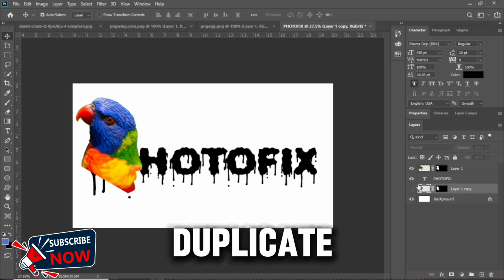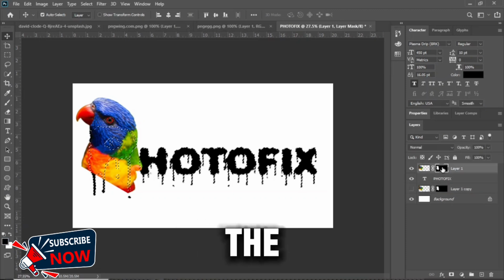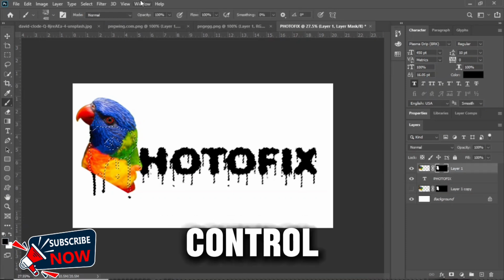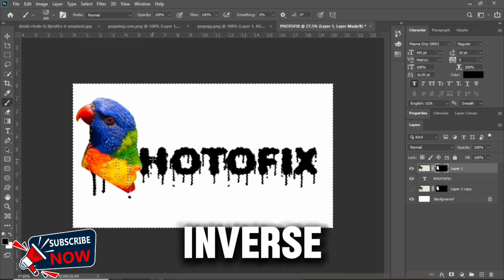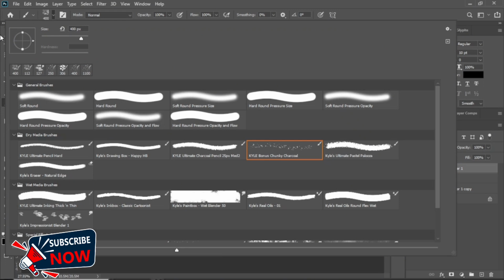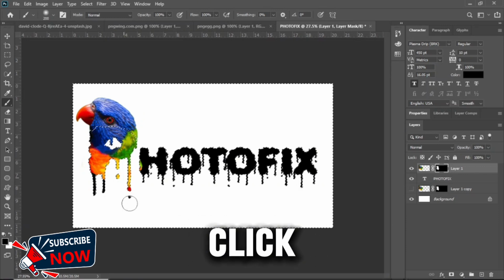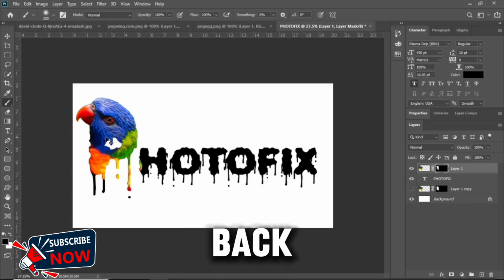Once that's done, I will duplicate the layer and hide one under the text. I will uncheck it with the eye icon. I'll click on Ctrl and left click to select, and then select inverse. I'll pick my soft brush and I'll brush this way. Once that's sorted, I will click on the eye icon on my hidden layer back to see what I'm doing,